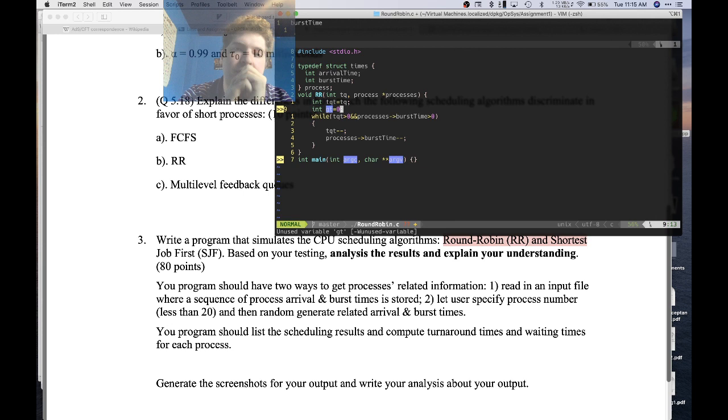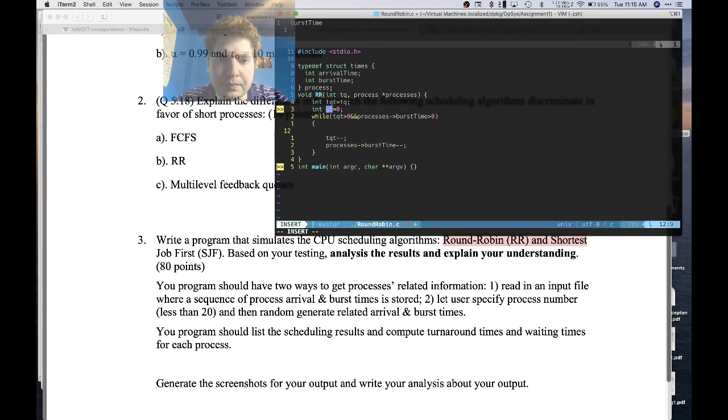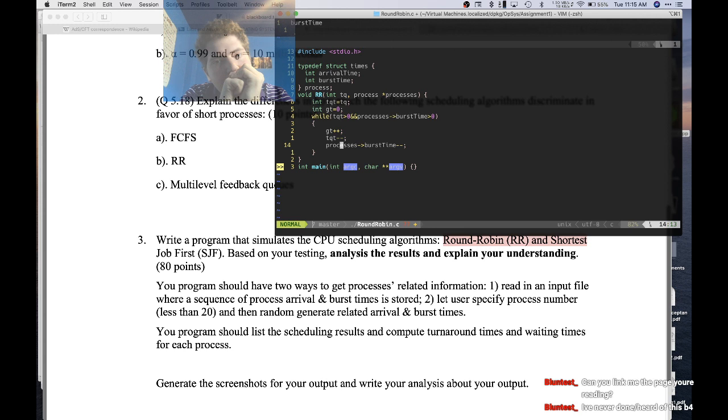So here's my global timer. So what I'm going to do is that I'll increment this global timer. I know this is bad code. Don't do this at home, kids. And then yeah, I'll just have a bunch of if statements. What's wrong with that? Yeah, so then what I'm going to do is that if